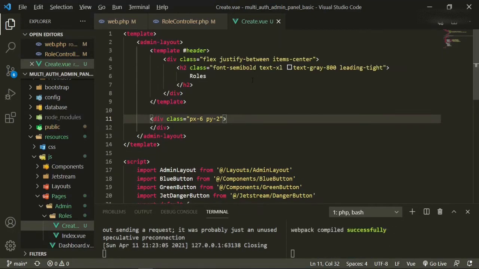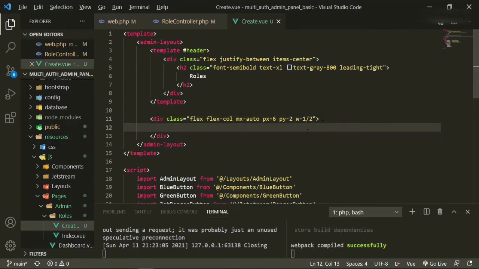Okay, so let's see. In here we need to change this to, we'll keep the px and py, and it'll be flex-col, mx-auto, and then at the end we'll just put a width of 1/2. Then we'll go ahead and open this up, and then in here we'll just have a div.